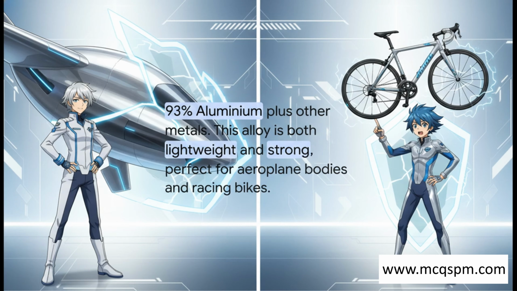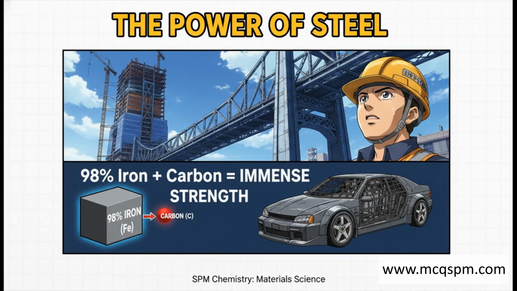It was actually a military secret back in World War I. Of course, we have to talk about steel. This is the workhorse alloy of the modern world. It's almost all iron, but with a tiny, tiny amount of carbon added. But that little bit of carbon is the secret sauce. It makes the iron ridiculously harder and stronger, which is why we use it to build, well, pretty much everything.